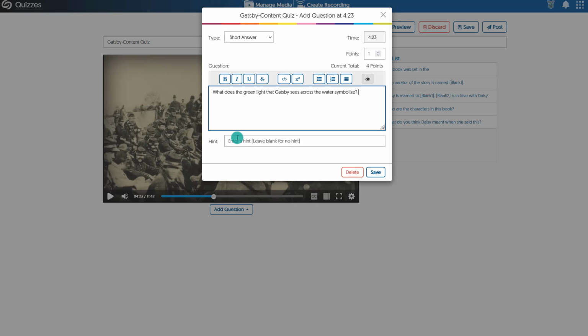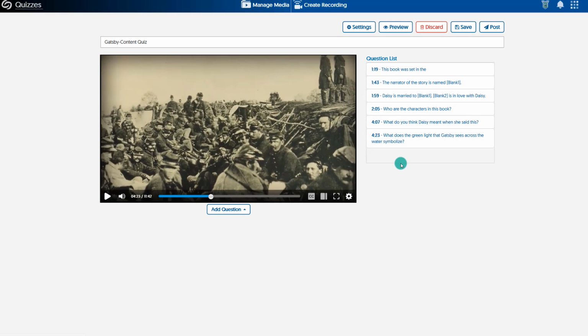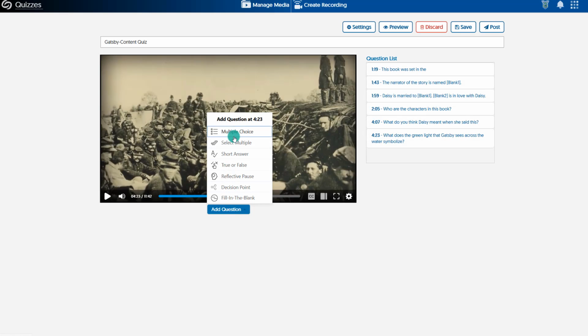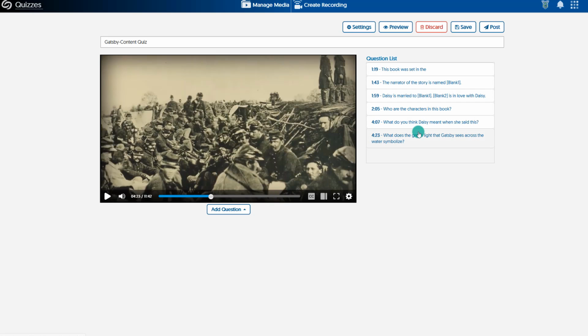So in this case, we've added in our question. We can add in a hint if we want to, and then we can adjust the point value if you want to. So we'll save that, and then I could continue on adding in questions. Remember, you have all these different types, but at this point we'll just go ahead and freeze for the moment,